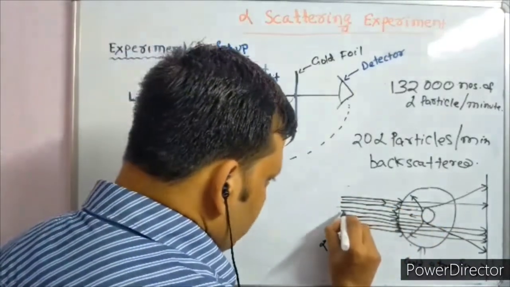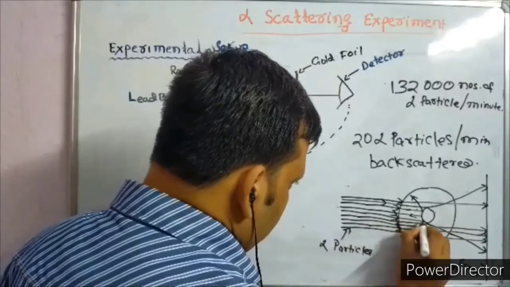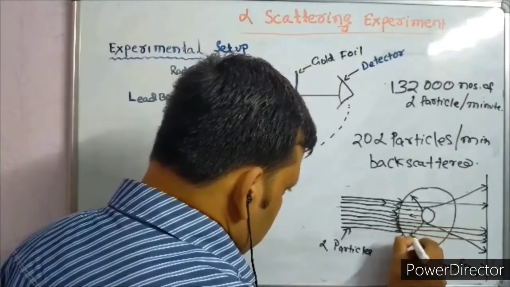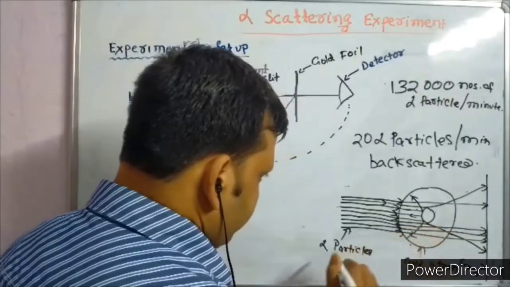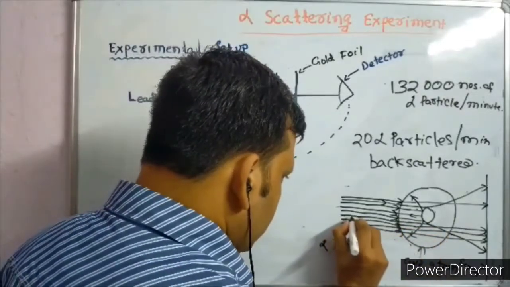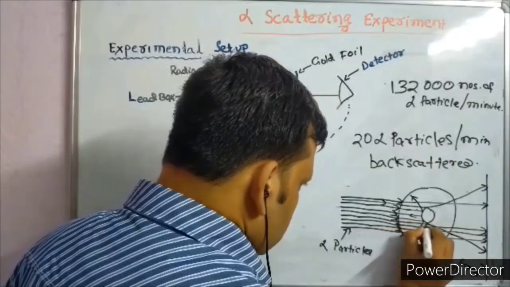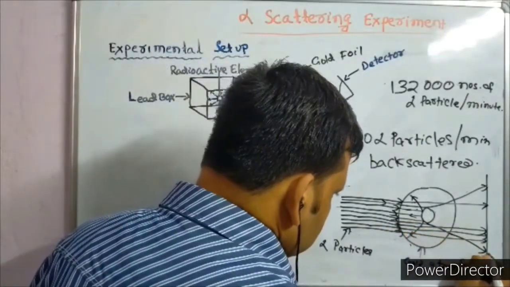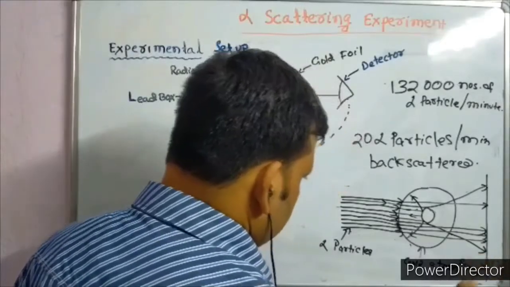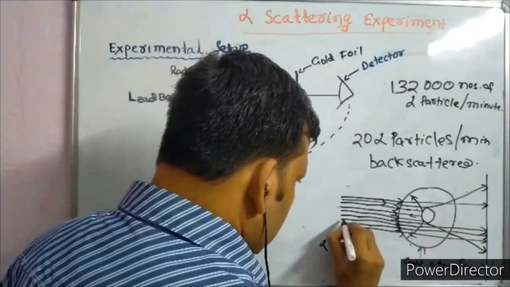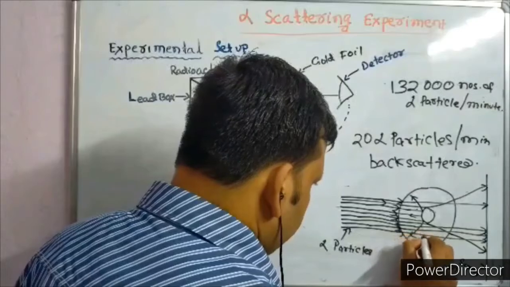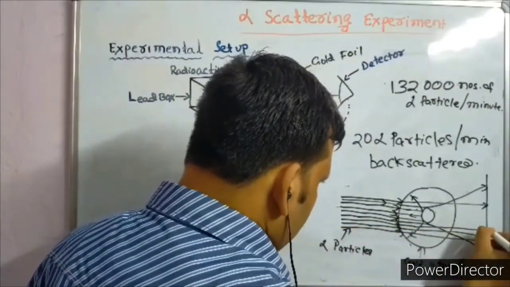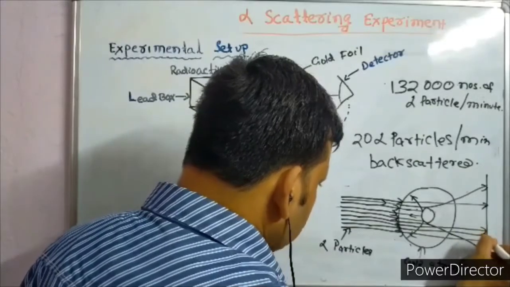And this alpha particle, after coming to this point, is getting diverted in this direction. After reaching this point, it is getting deviated and striking the screen somewhere here. And these three alpha particles are moving and striking the screen over here at these points